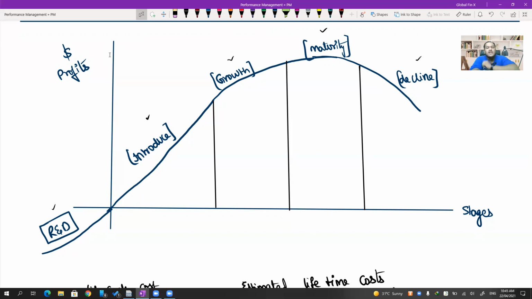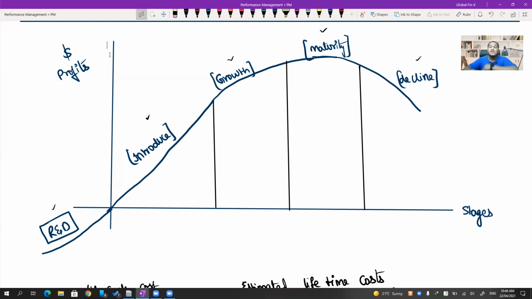That is where life cycle costing will come to your rescue. What life cycle costing does is estimate the cost throughout the life of the product. So you have a stable cost per unit for the entire life. The same estimated cost per unit that you have calculated upfront, you'll follow for all the phases. Thereby you have a stable pricing technique. That is the advantage of life cycle costing.